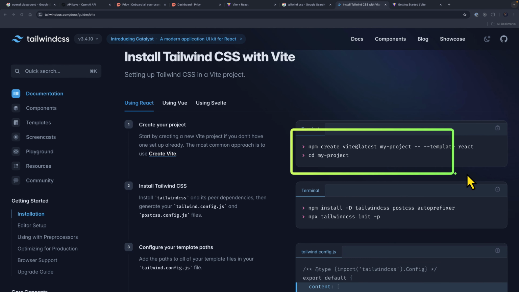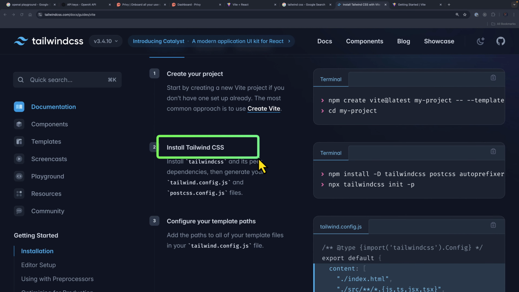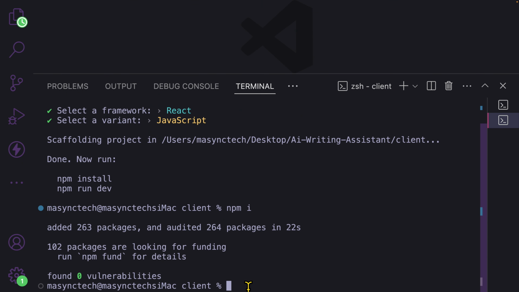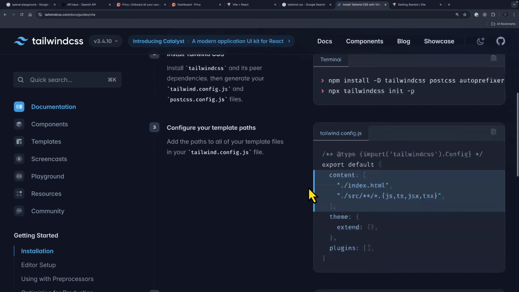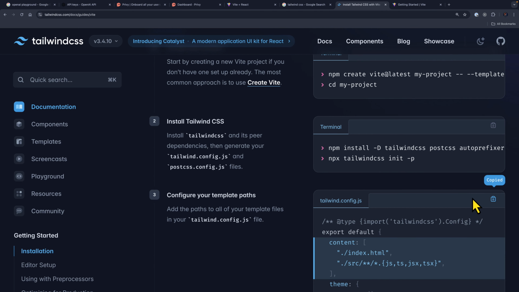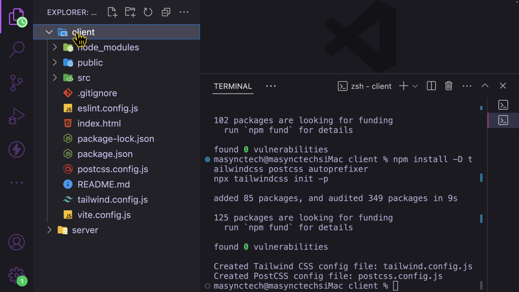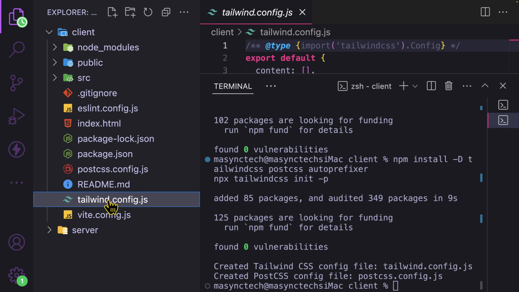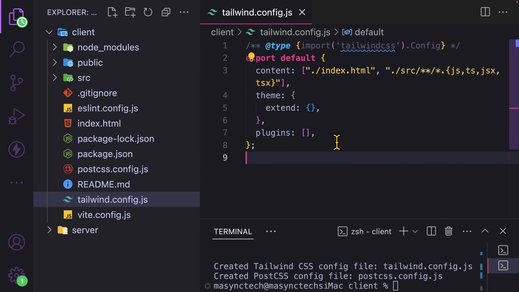And we are done with the first step. The second step is we have to install Tailwind CSS, copy the code back to the terminal, paste, and enter. Nice. Next step is step number 3. We're going to add this code to the tailwind.config.js. So in here, after installing, we're going to see the config file, select all, and then replace the one